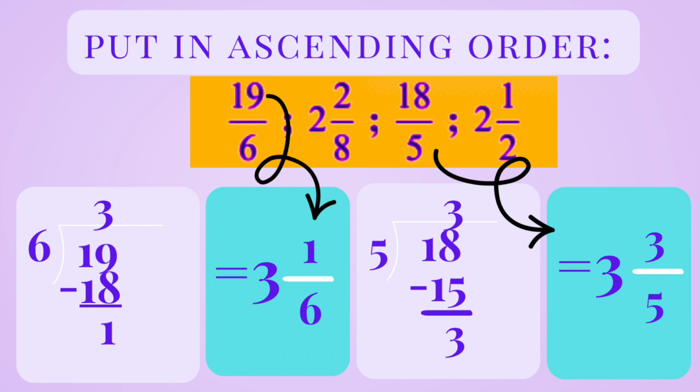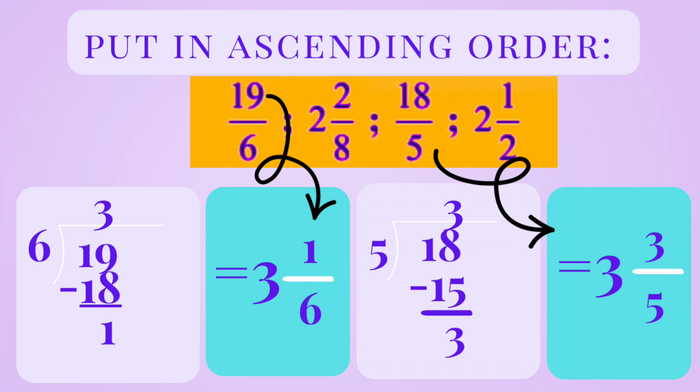Converting 19 over 6. To convert 19 over 6 to a mixed number, we divide 19 by 6. Think about it this way. How many whole groups of 6 can we make from 19? We can make 3 whole groups, since 3 times 6 equals 18, and we'll have 1 left over. This means 19 over 6 equals 3 1/6. The whole number is 3, the leftover part becomes our new numerator, 1, and the denominator stays the same at